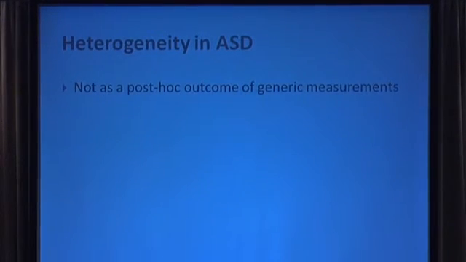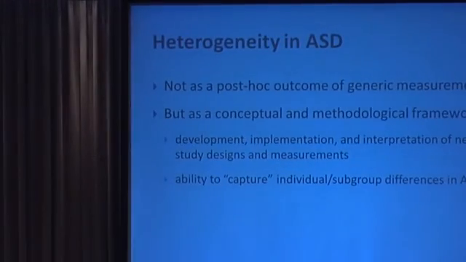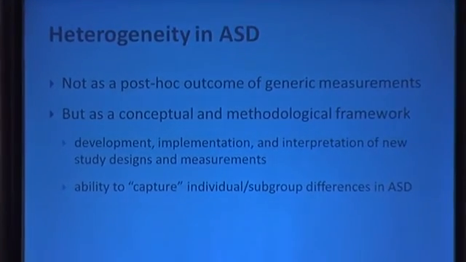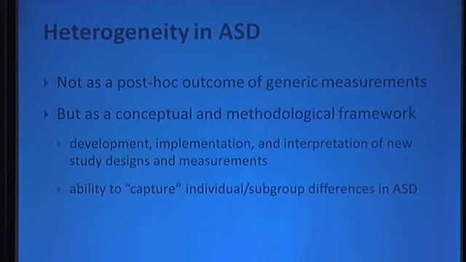And we propose that we should no longer approach heterogeneity as a post hoc outcome of our generic measurements, the diagnostic measurements that we use, but we should instead approach it as a conceptual and methodological framework that will lead to the development of new measures and the implementation and interpretation of new studies that are designed specifically to capture this heterogeneity